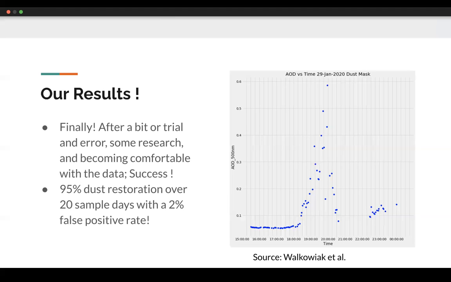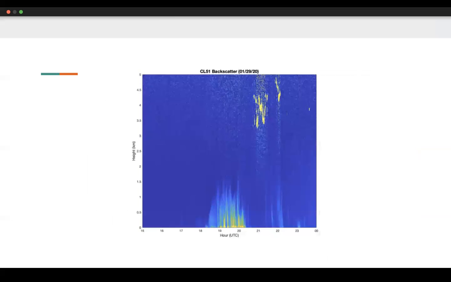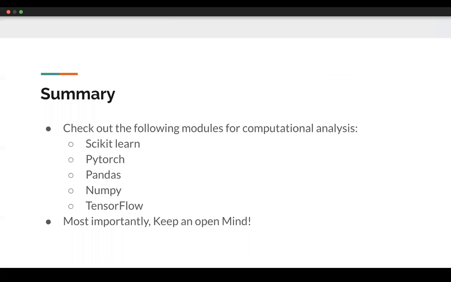This is a bit off topic, but the point I'm trying to get at is that what you can do with Python can really be beneficial to the overall success of your field, and especially the research you're doing, and then have greater application to humanity as a whole, as I've just discussed with this seemingly simple model of determining dust from clouds. So, in summary, feel free to check out